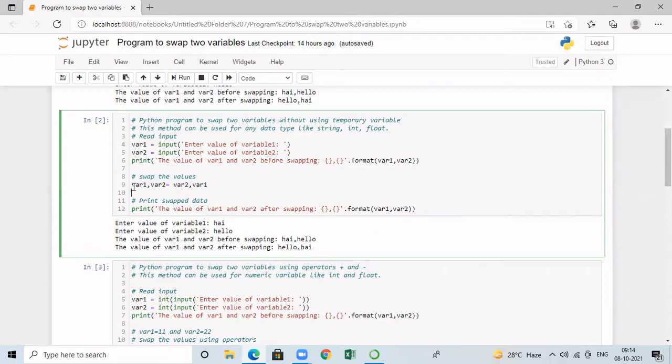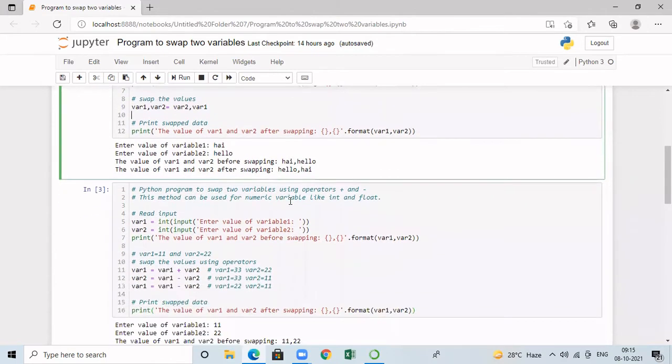If you see here, first we have var1 and then var2, but we are assigning them the values of var2 and then var1. So by using a single statement, we are achieving the swapping of two variables. After the swapping is done, I am printing the value of the variables. If you compare this method with the previous method, there we used three different statements and one temporary variable, but here it does not involve the use of a temporary variable at all.